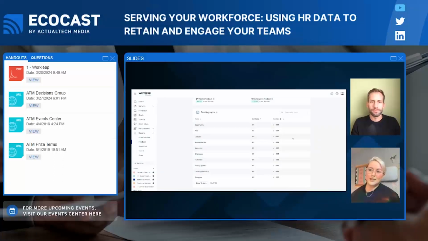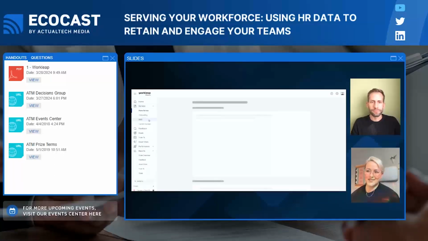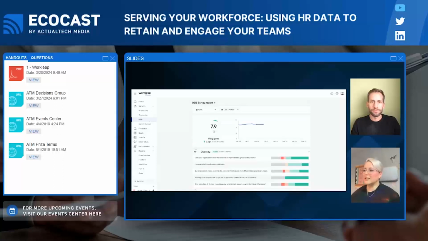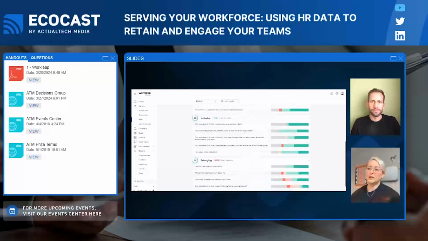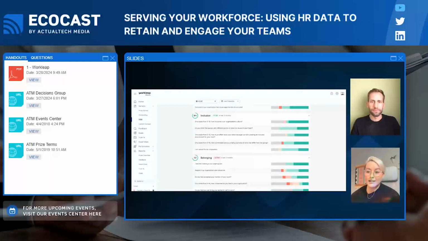So if we hop back into our diversity and inclusion survey set, for example, we can see here how those questions on inclusion and belonging, when they're on a higher scale, will trend into employees feeling like they're willing to give back, just like when they feel like their organization has their back as well.